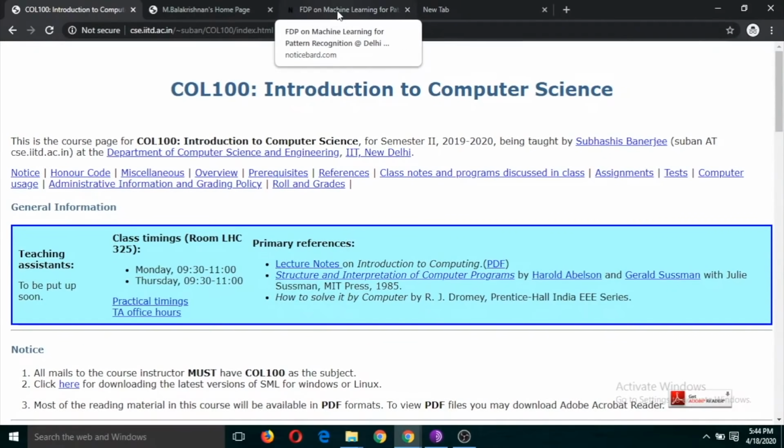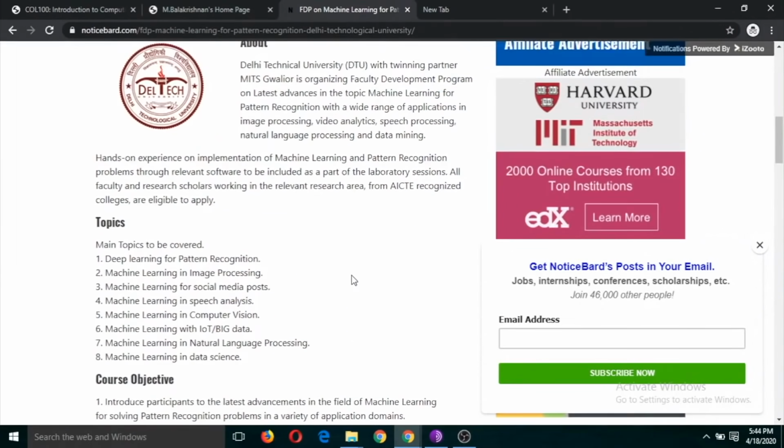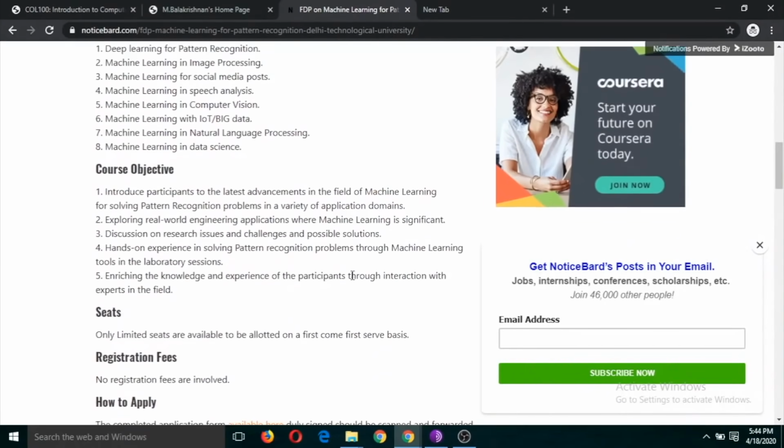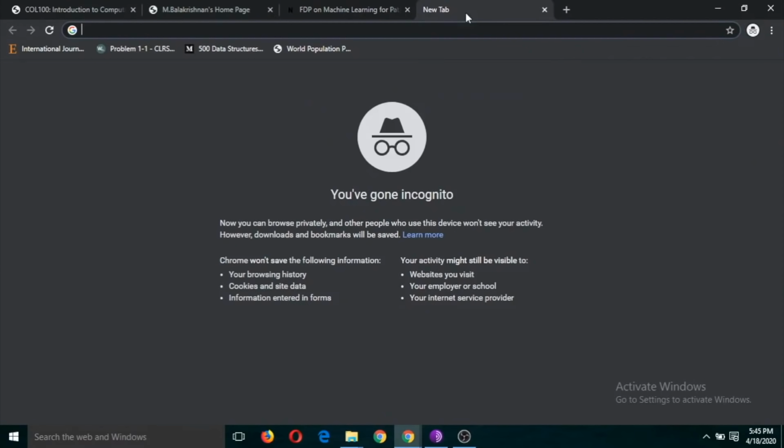And the third one which we can use is if you or your department is going to conduct a faculty development program or workshop or any conference, so you can develop a homepage for that using Google site. So this is the third use which we are going to discuss and which you will have to do in this task. So let's see how to develop it in the next part.